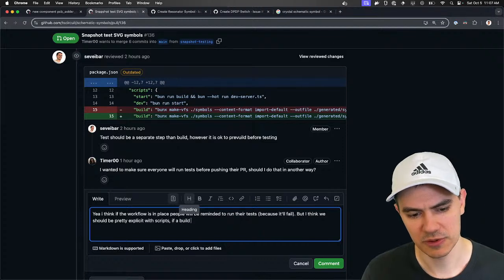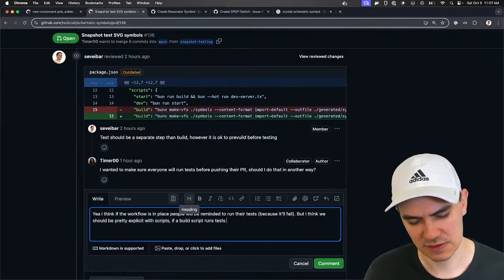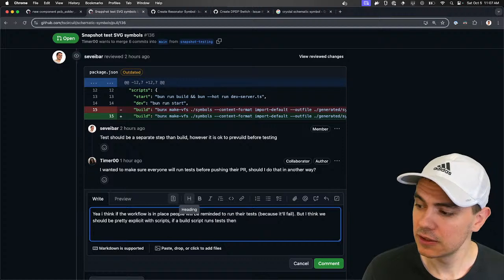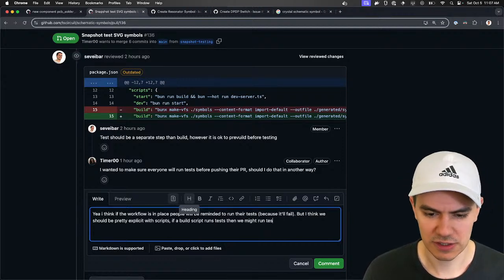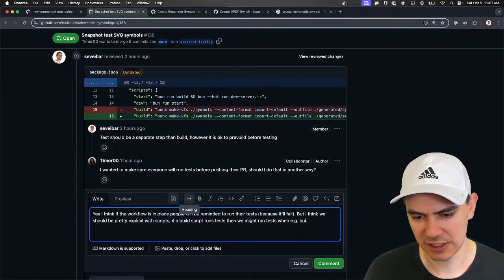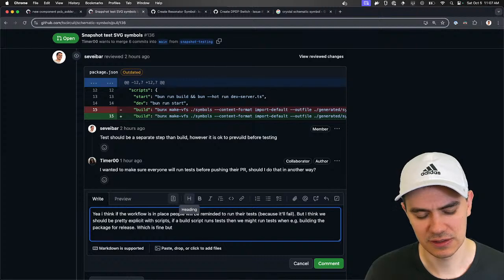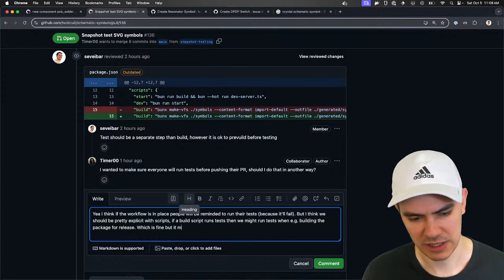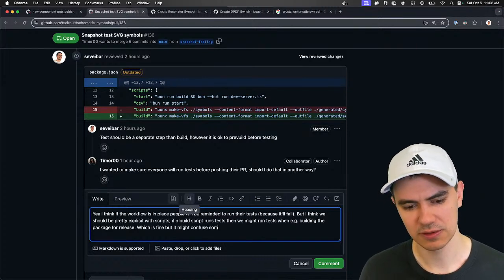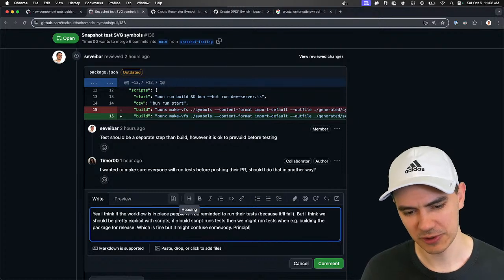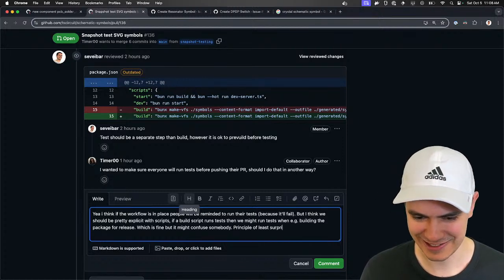If a build script runs tests, then we might run tests when, e.g., building the package for release, which is fine, but it might confuse somebody. Principle of least surprise.